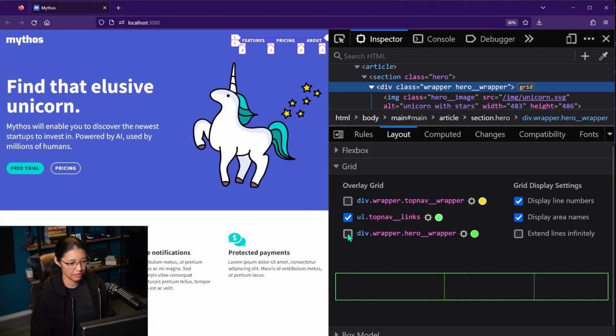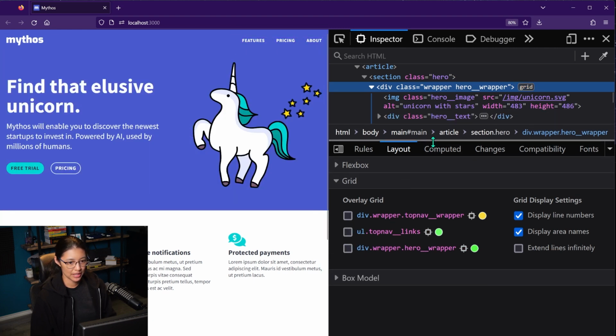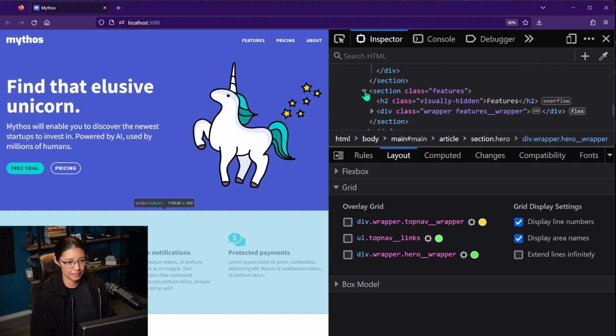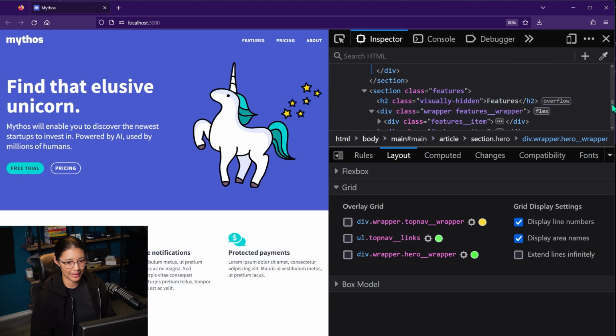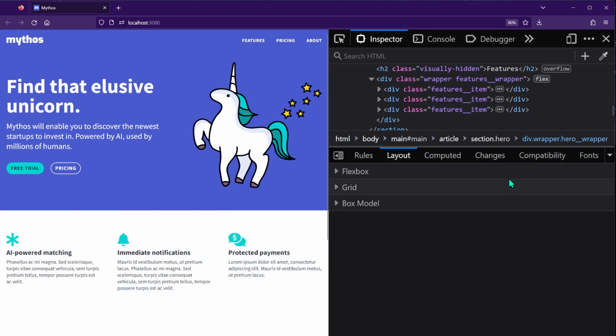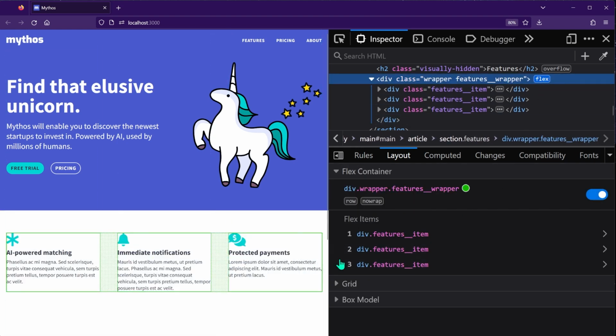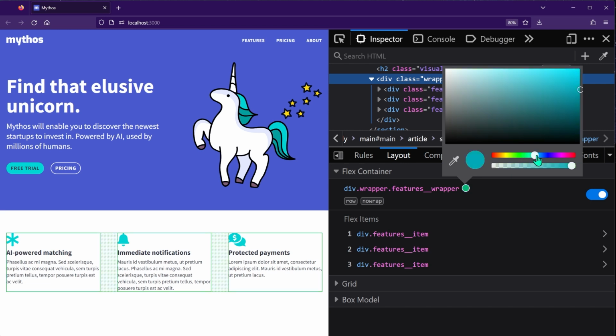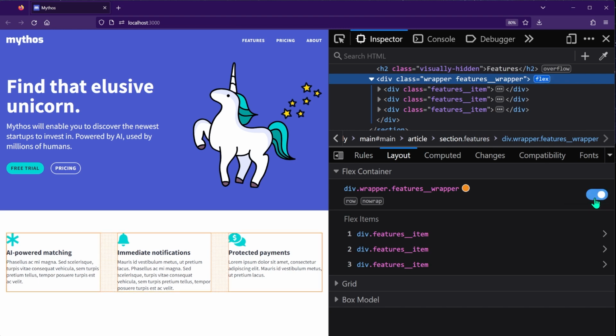Okay, so let's check out the Flexbox Inspector tools. Again, if you go up in the markup and you expand elements, it'll tell you with this little badge which elements are Flexbox parents. In a similar way to the grid inspector, if you click on the badge, it's going to turn on highlighting. And then in the layout tab, you can see here it says Flex Container. This is the features wrapper div, which is the Flex parent. And again, you can choose a color. I'll try maybe orange.